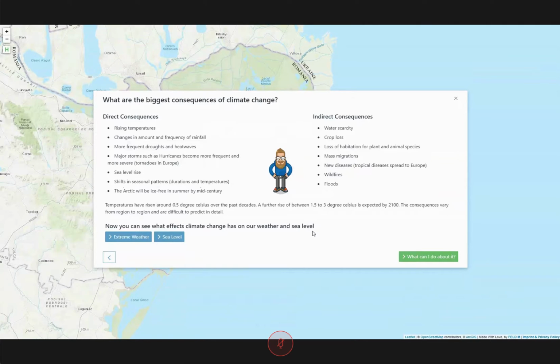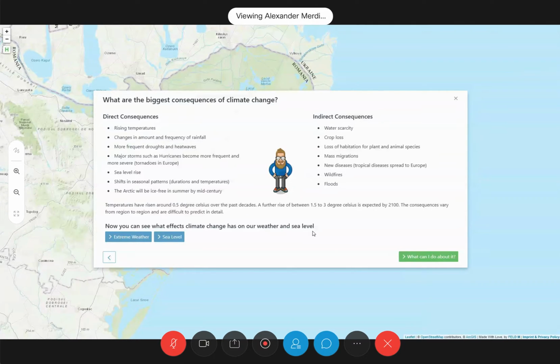So to sum up, we've seen what climate change is, what causes climate change, how we experience climate change, that many greenhouse gas emissions are the reason, and we saw potential consequences.